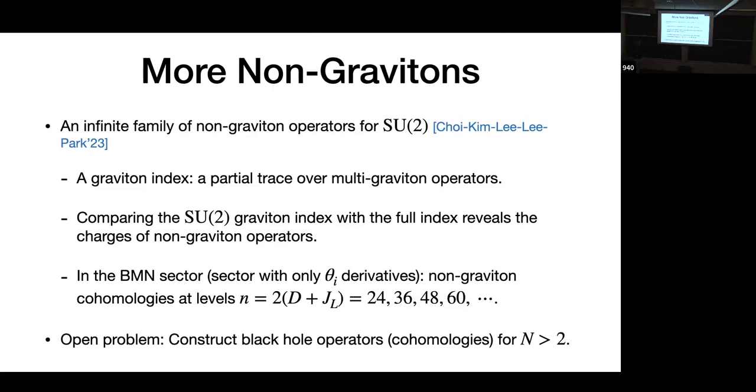You think? If it's not related to a black hole, why the dimension? You see what I mean? The working assumption here is that a non-graviton is like a black hole operator. Their dimension needs to at least grow with N. How do you argue for that? If you don't know, actually.